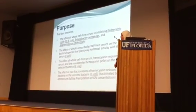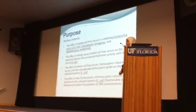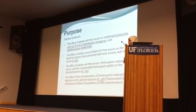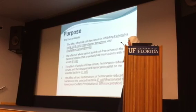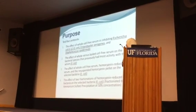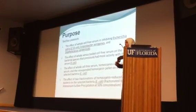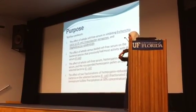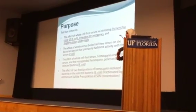So I developed 4 different protocols in order to test my project. My first protocol was testing whole cell-free serum against the 3 bacteria that I used last year, which were Escherichia coli, Enterobacter aerogenes, and Staphylococcus epidermidis. My second protocol was testing whole versus boiled serum against the bacteria to see whether proteins were responsible for inhibition. My third protocol involved removing hemocyanin from the serum. And my fourth protocol was using a salting out method of ammonium sulfate precipitation to divide the proteins into 2